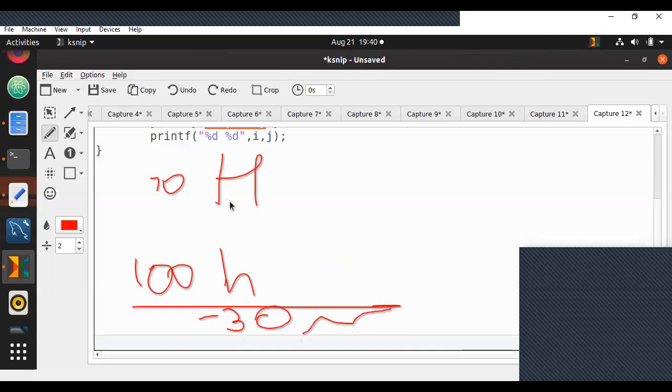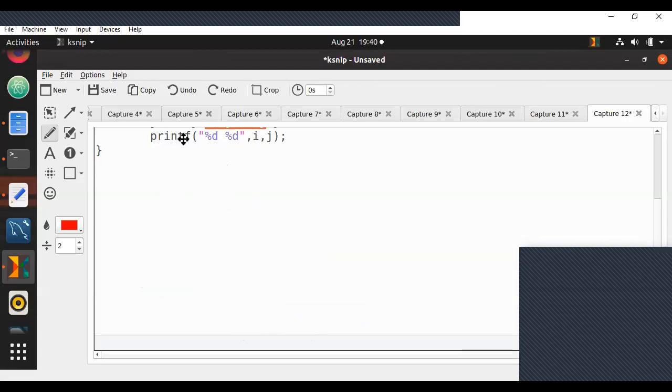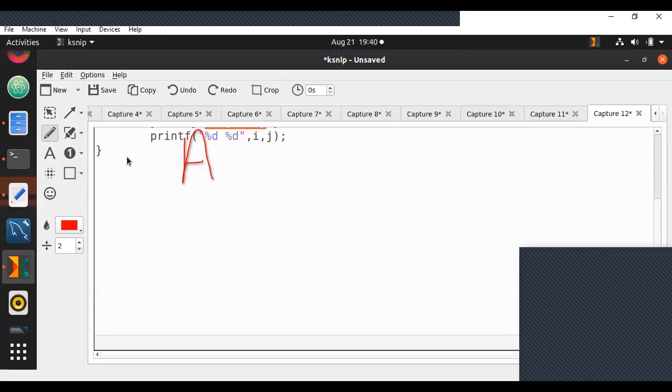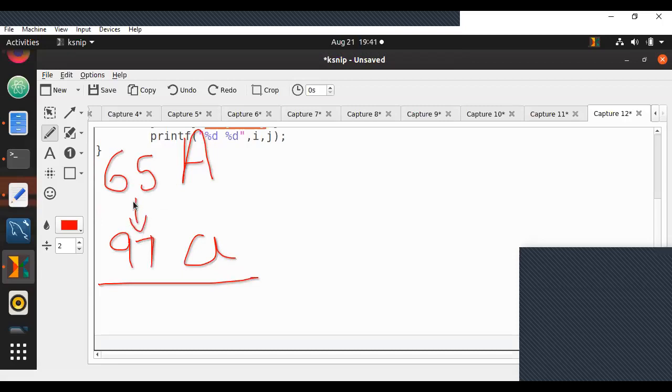Now, let me ask you one question. Uppercase A, what is the ASCII value? You guys let me know. 65. Remember, uppercase A is 65. What about lowercase a? It is 97. If you calculate the difference between them, what is the difference? 32. If the difference between 65 and 97 is 32, can I say the difference between uppercase B and lowercase b is also 32?